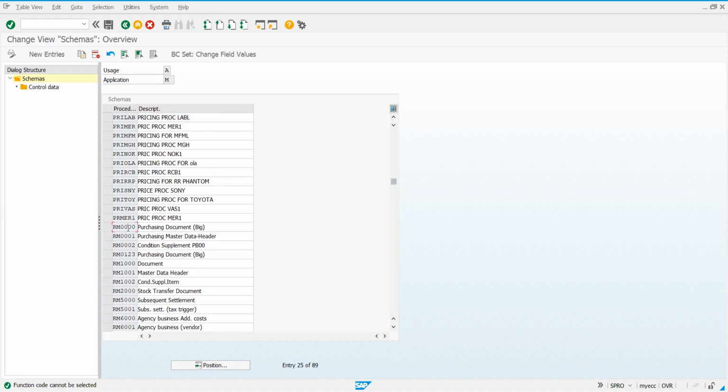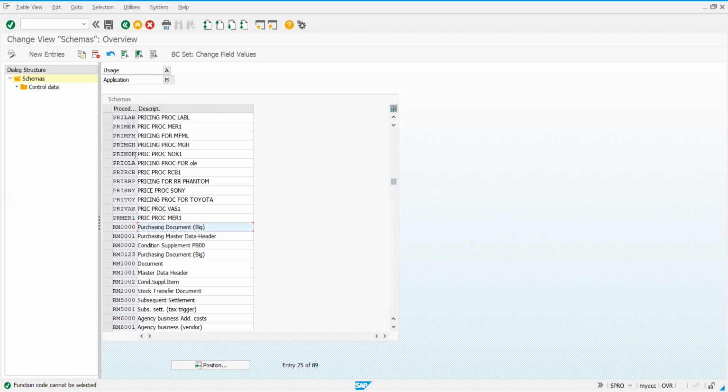Please make a note of this: define calculation schema, in general, just calculation schema.